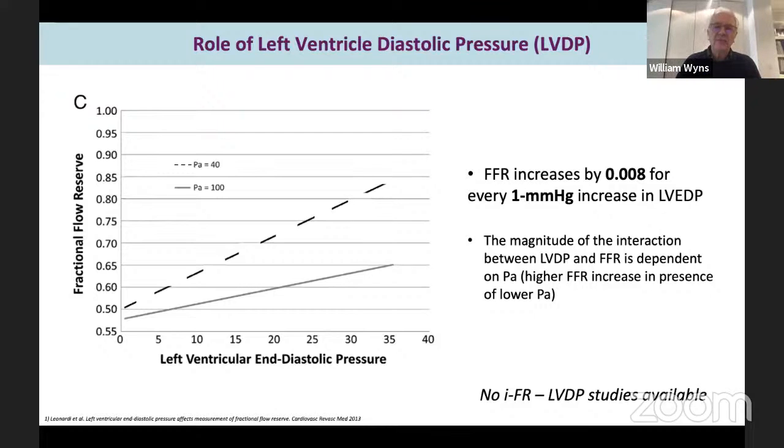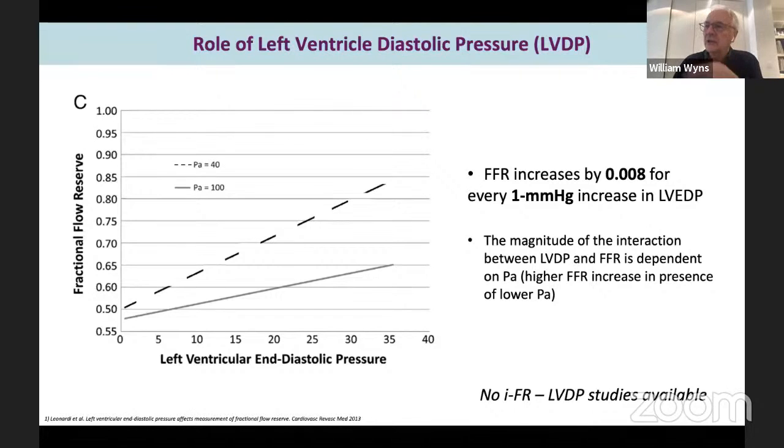Yeah, and that's a common theme with FFR, iFR. You can always find physiological differences that it's not 100% correct, but in a pragmatic way, in the range of pressures that we're working with in the patient, it doesn't really matter here. Look, FFR increases by 0.008 for 1 millimeter. So if you have a 10 millimeter increase in diastolic pressure, it will only be an FFR increase of 0.08. So really, it doesn't matter much. Maybe there are a couple of situations where it can matter, particularly if you're looking at borderline stenosis.